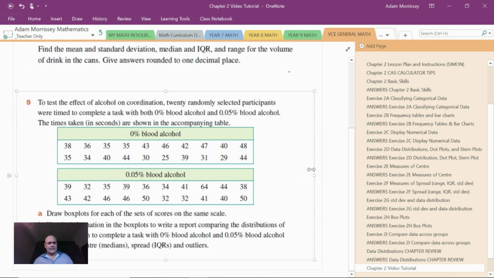This comes in the latter part of the chapter, where we're looking at the effect of alcohol on coordination of 20 people. So again, I'm just double checking 2 rows of 10. So there's 20 there and there's 20 here. My advice here is just read the question before you jump on the calculator. We're going to set up some box plots, and we're going to write a report